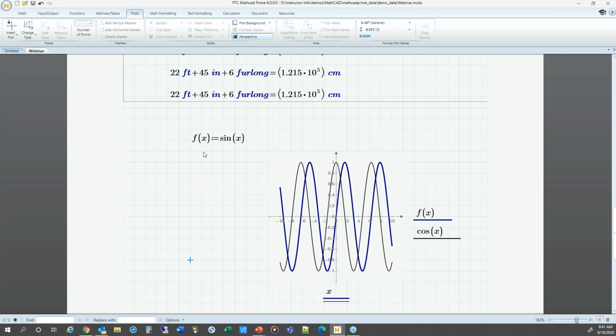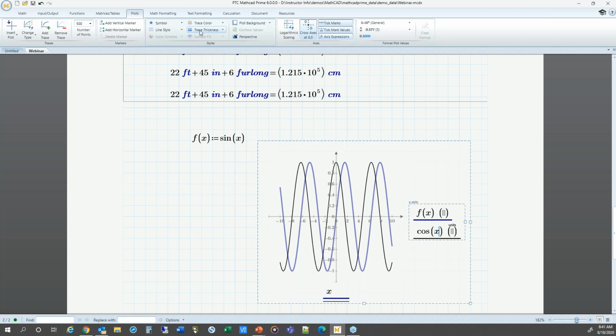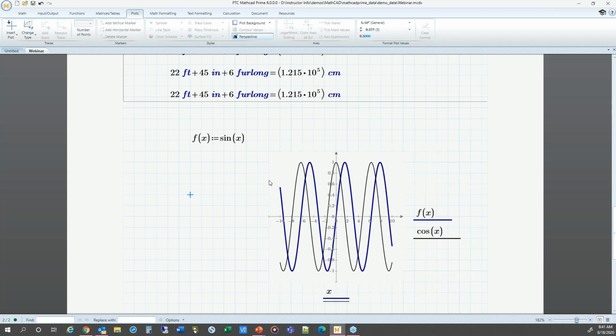I could have created g of x up here. I'm showing you many different ways to do the same thing. But as soon as you select the trace, the plot, then a lot of these icons become active and you can make changes to it. But one of the questions is, can I add the label? And you always had to fake in the label by bringing in a note and placing it right above it, or putting in some labels. Well, now